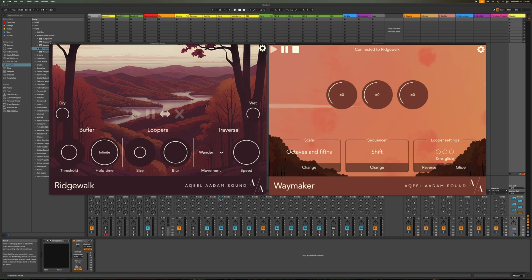One of the ways you can solve that issue is to use something like a shimmer effect, which is traditionally a reverb where what it's playing back from is an octave up. But personally, I find that effect can be a little overwhelming and can be kind of cheesy in a lot of contexts. So what I like about the combination of Waymaker and Ridgewalk is that we can create